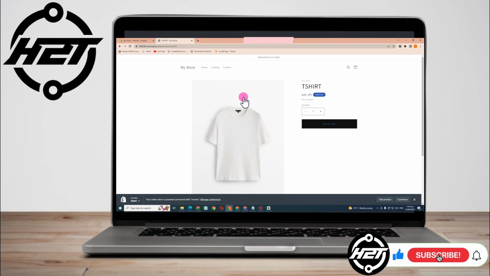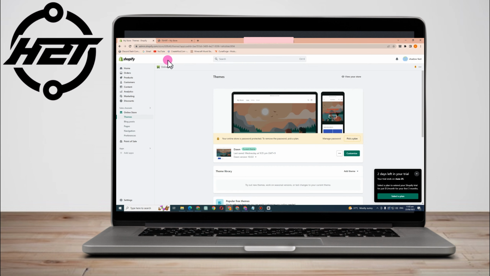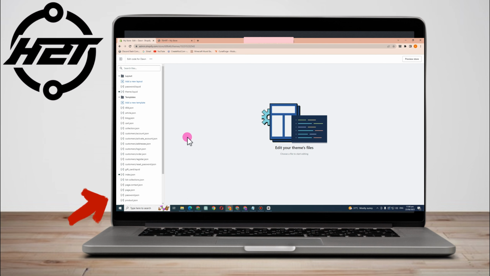First, you have to go back to your Shopify account and then you have to scroll down or go to online store and click the three dots beside customize. And then you have to look for edit code. Okay, tap edit code. And then here you have to go to assets. You have to look for assets so that you can see the option that says